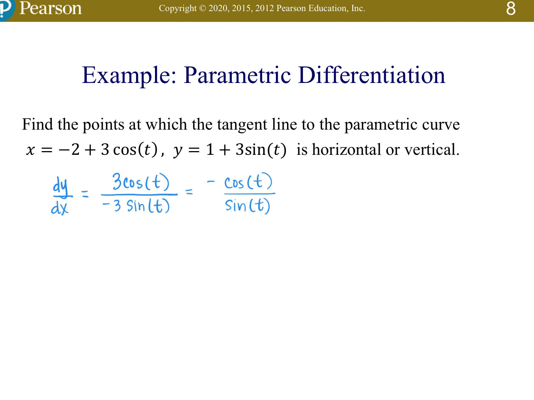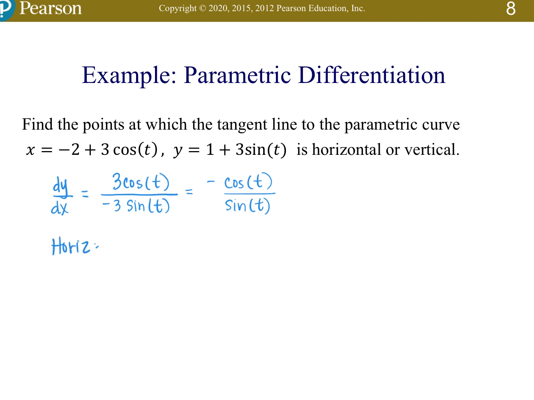I'm not going to simplify this to cotangent because I want there to be a numerator and I want there to be a denominator so that I could set it equal to 0 over 1 and 1 over 0. So it's not wrong to change it to cotangent, but then you're just going to have to change it back. All right? So to find our horizontal